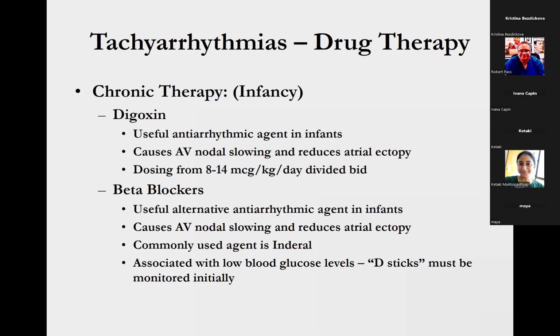And so in any infant, I would say probably under 9 months of age, if we were initiating a beta blocker, we would usually admit the patient to check the glucose levels. I guess one could do this in a clinic setting and sort of watch a patient over the course of an entire day and maybe 2 doses of the medicine, but it's hard to do that practically, at least here at Sinai. So typically, and in most places I've worked, we usually will admit a patient and monitor their blood glucose levels.